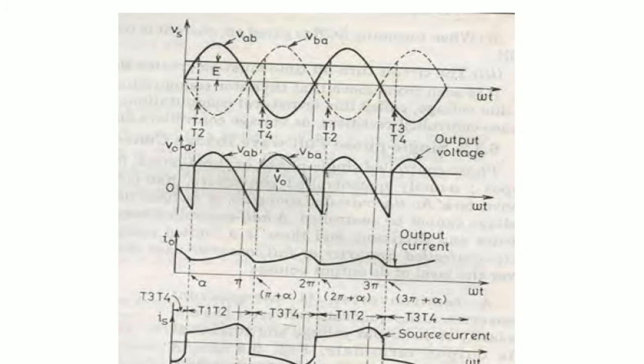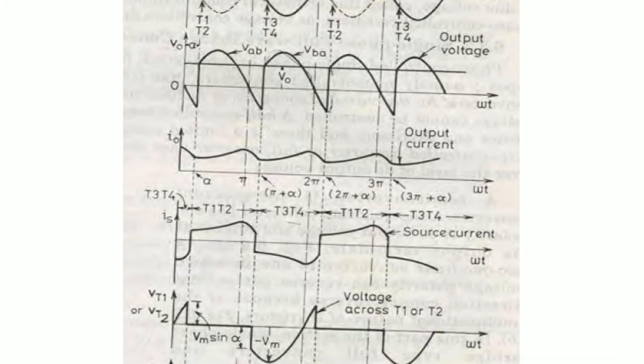During the positive half cycle, as soon as we fire the thyristors T1 and T2, we will get the voltage VO across the output. Also during the negative half cycle thyristors T3 and T4 will conduct, so the voltage across the load is also VO. For the first half cycle the voltage across the load is VAB, and in the negative half cycle the voltage is VBA. The direction of current is the same, so the voltage will be the same. Voltage is positive in each half cycle of the AC wave. Also there is a continuous current, which is shown by the third waveform IO.